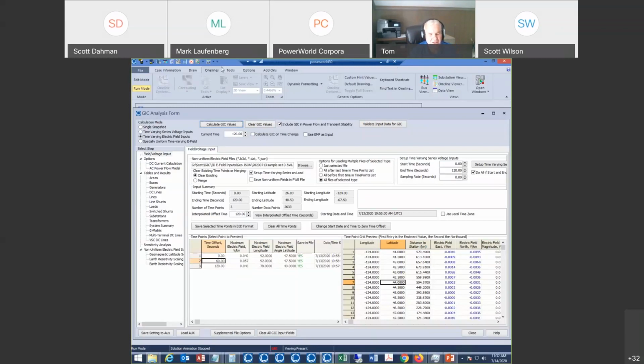I don't have any comments other than we did add the geospatial stuff specifically to show the GIC, but if there are other things that people would like us to contour, it's probably possible to do. The issue with the geospatial stuff is we don't have objects on the one line, so we have to pull the data from somewhere. And in the case of GIC, we're pulling it from the GIC data that you're storing,